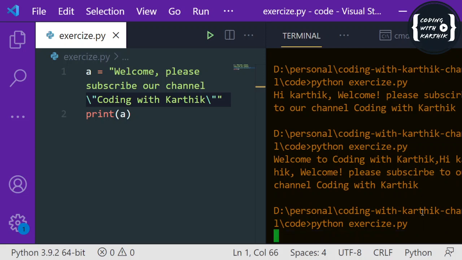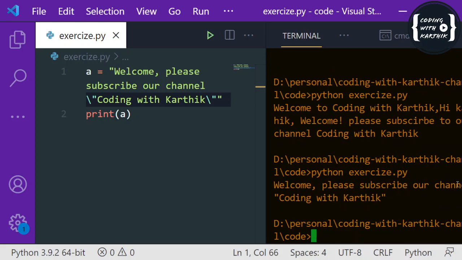Suppose I execute this, see. So welcome, please approach Coding with Karthik, right? So that means we have to use the backslash with that specified character, like a new line character or a tab character or a quotation. So we call these escape characters. Okay. So this is the double quote escape character.